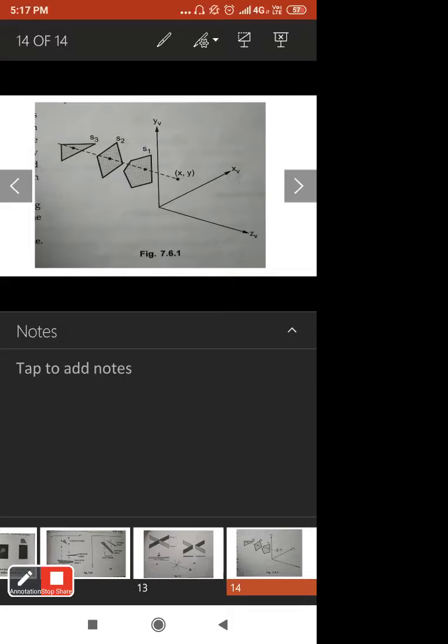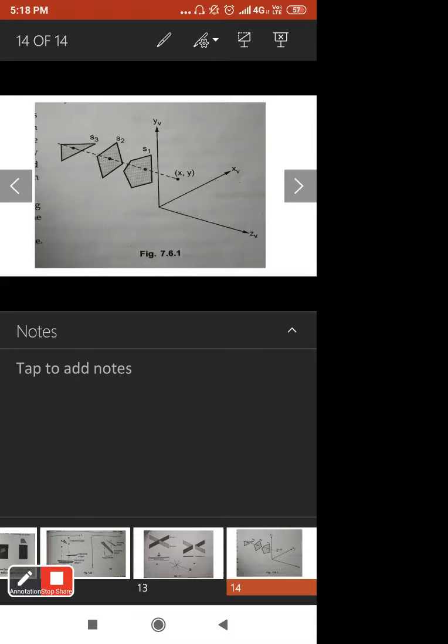And how are we actually going to sort out the depths of this particular object? At the beginning the Z buffer is initialized to 0, representing the Z value at the back clipping plane. Okay, and the frame buffer is initialized to the background color. So whatever background color you have, the intensity value of that background color is going to be stored in your frame buffer.